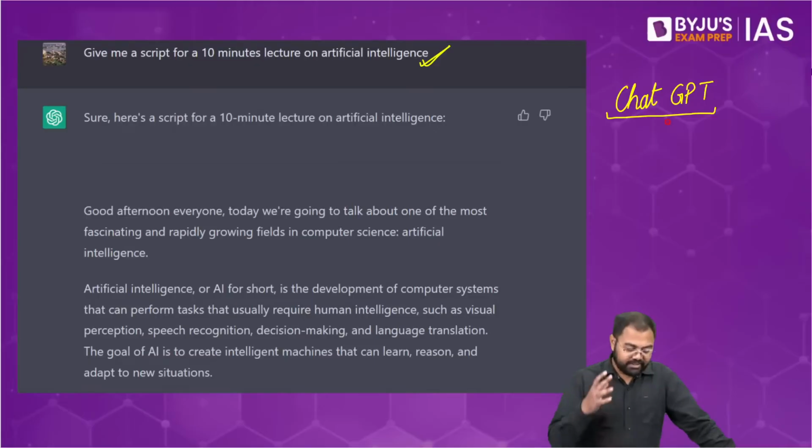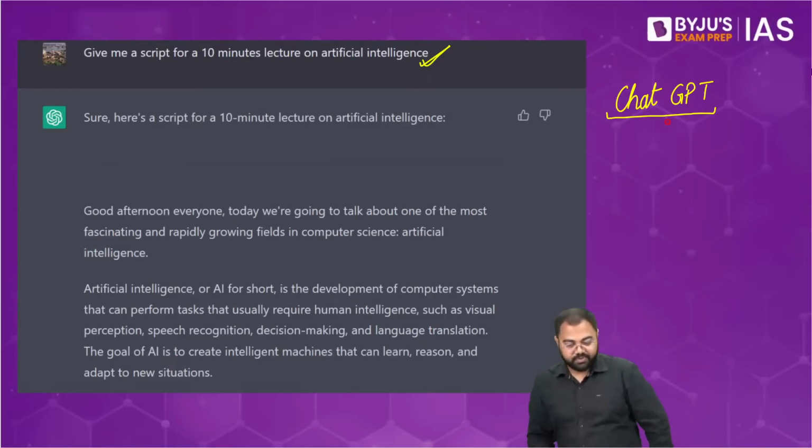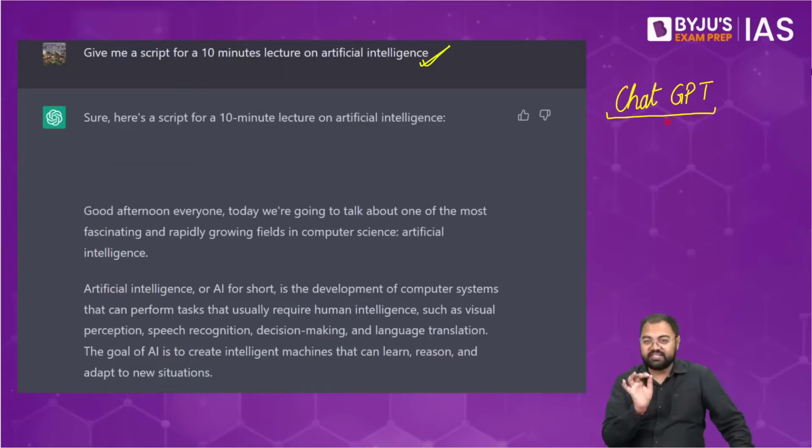That all these things that it has written, there is no guarantee that it has given you correct answers, because you also have to understand how exactly any generative artificial intelligence works. All right, any AI based system, how exactly it works, you also have to understand that. So when it comes to any generative AI,